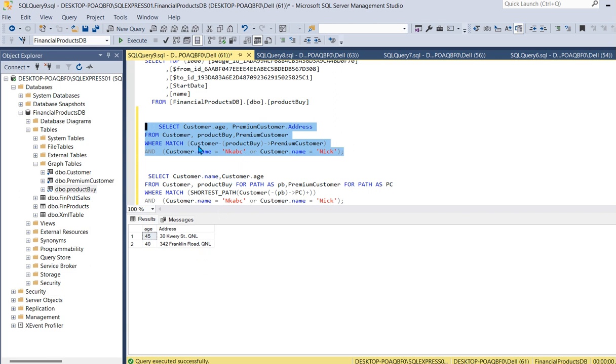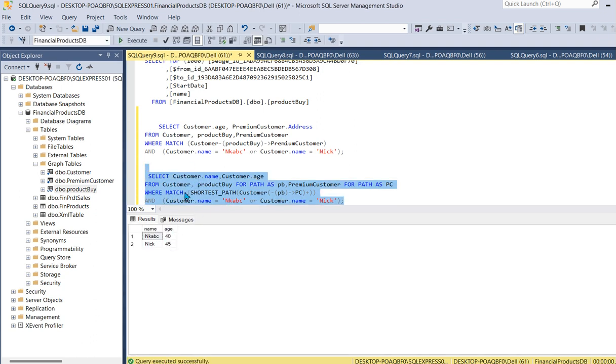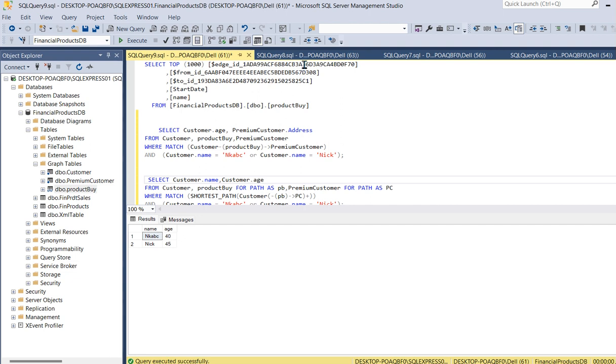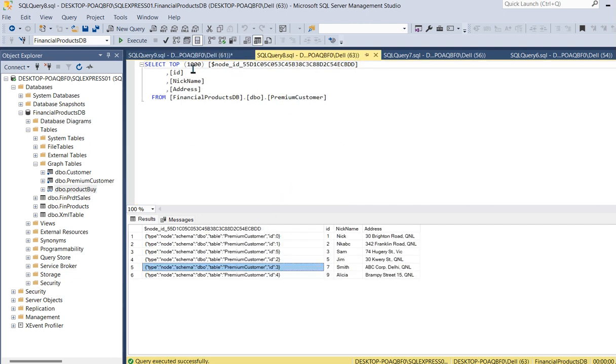This query has a match between customer and premium customer, where customer name is NKBC and customer name is Nick. And if we execute the query, it is also showing name and age in the shortest path between customer table and premium customer table, where customer name is either NKBC or customer name is Nick. So similarly, we can have edge constraints, where we can define that if there is an